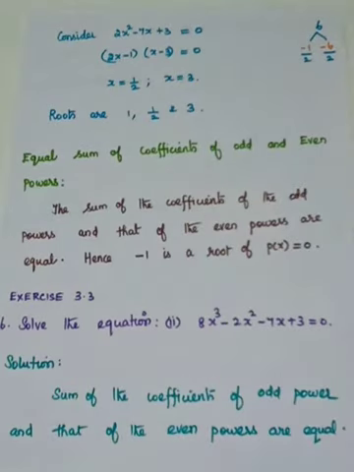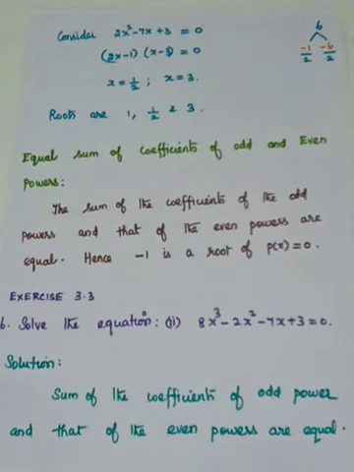equal sum of coefficients of odd and even powers. Okay, so that means when you add the coefficients of odd powers, that will be equal to the sum of the coefficients of even power. When you add the coefficients of odd powers and of even powers, if the two sums are equal, what we have to